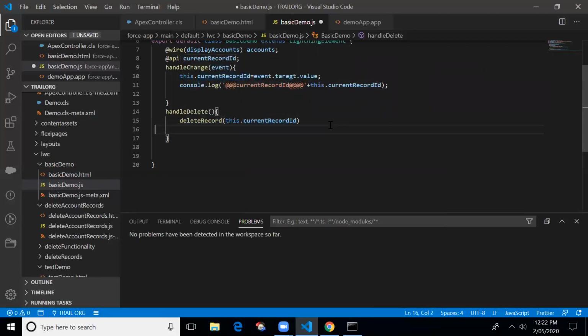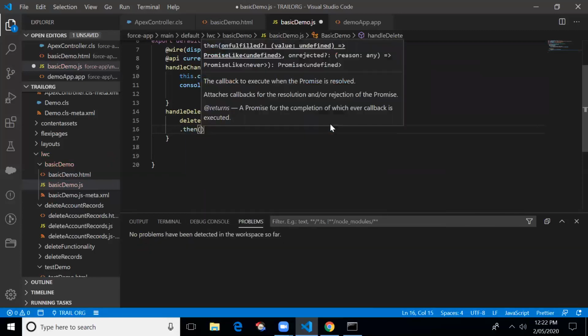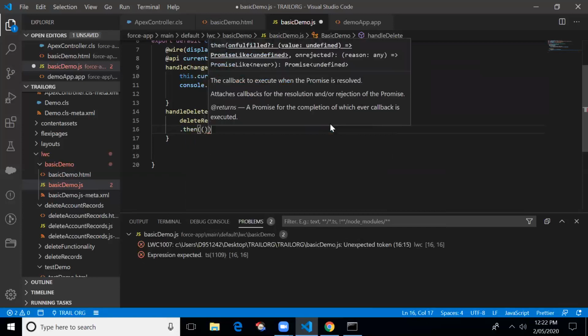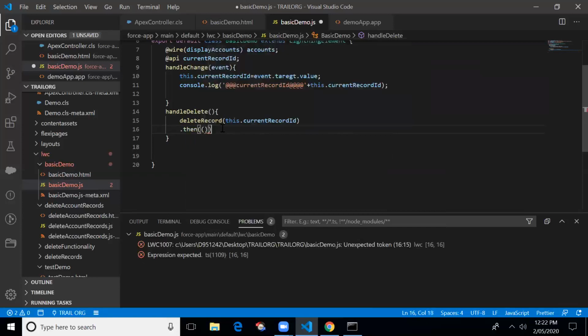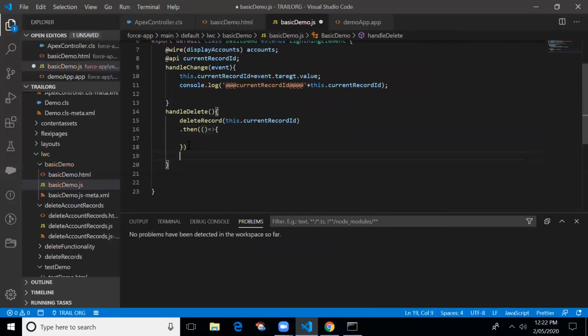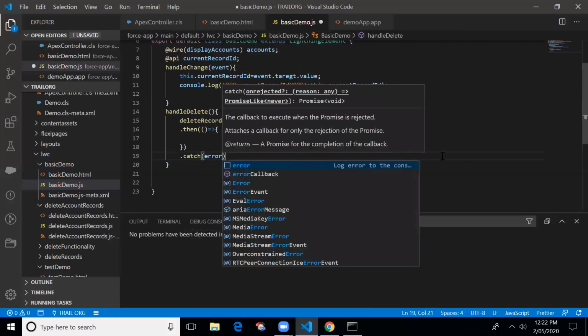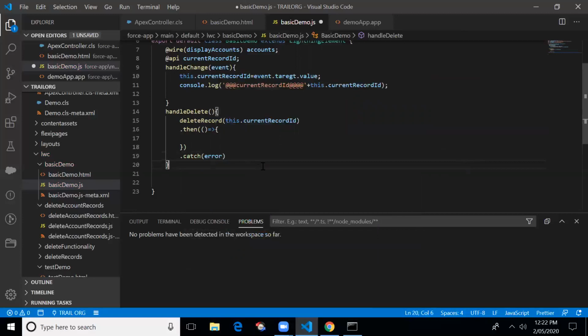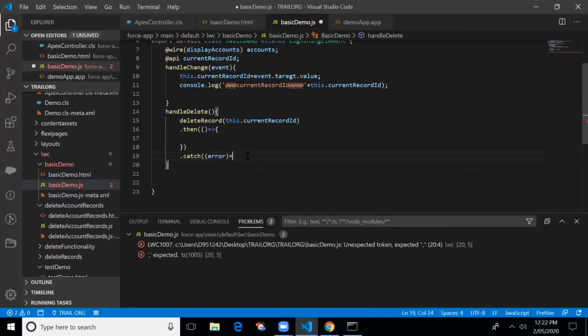After this, if we are successfully able to delete the record, I'll be refreshing the Apex. While deleting the record, we may sometimes get an error, so I'll be handling that error in the catch block.